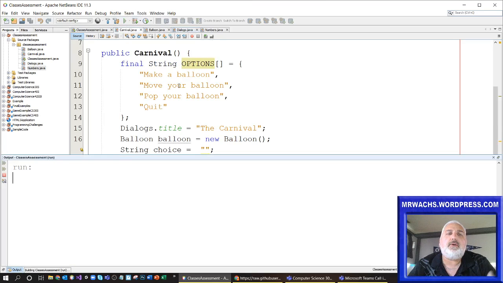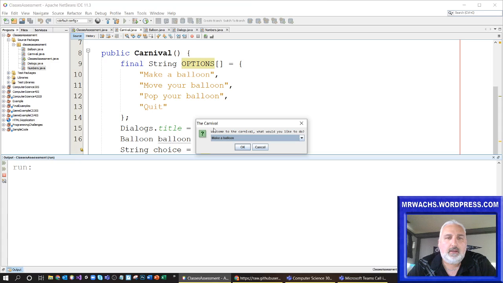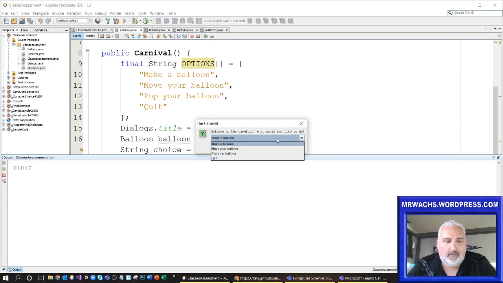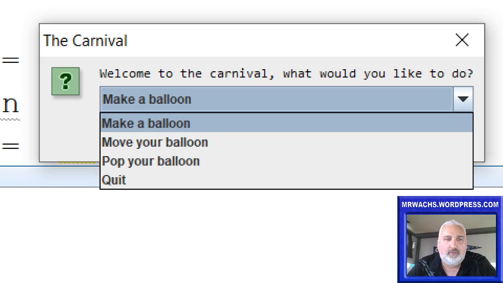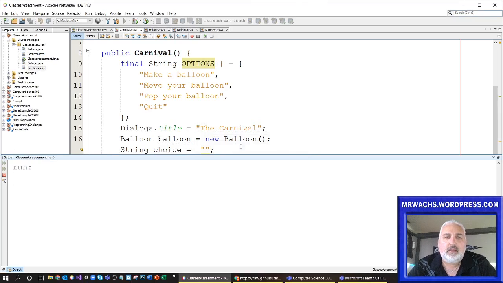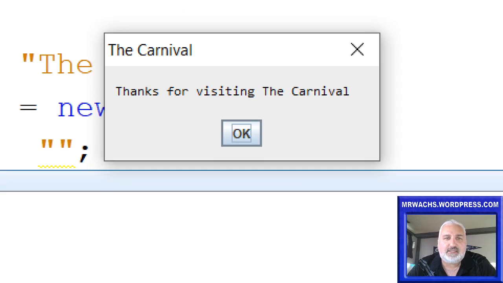And this is obviously code that's been building up over the course of the year. All right, so there it is. I've made a dialog box that says, welcome to the carnival, what would you like to do? And a drop-down list that has my array in it of make a balloon, move your balloon, pop, and quit, okay? If I just pick an option other than quit, it stays in the loop. But if I say quit, it leaves the loop and then just does a simple output saying, thanks for visiting the carnival,